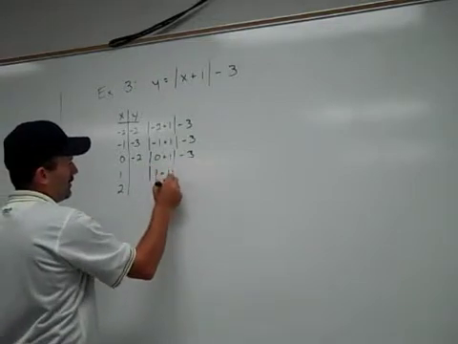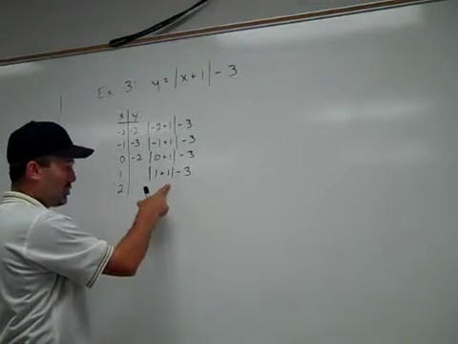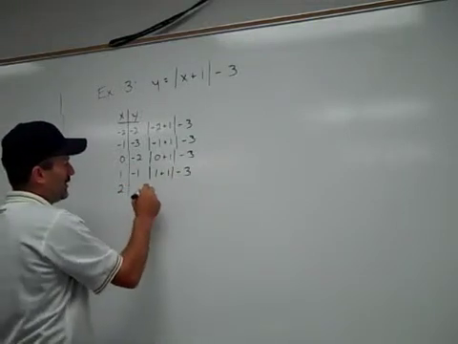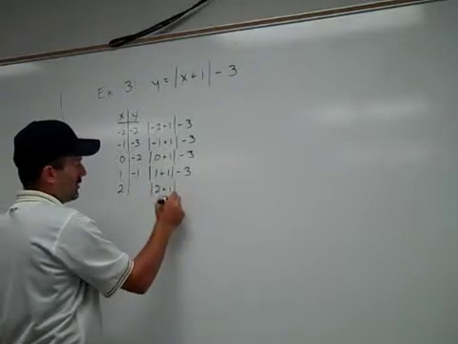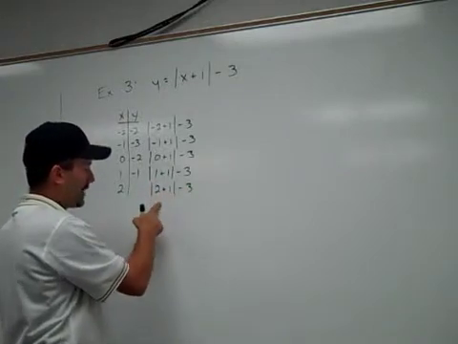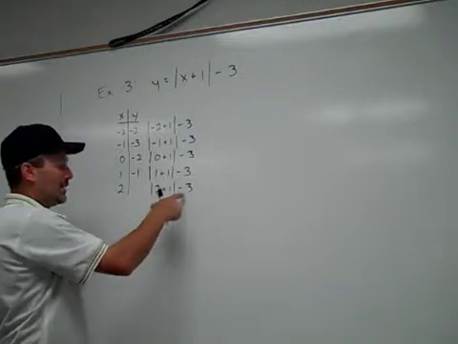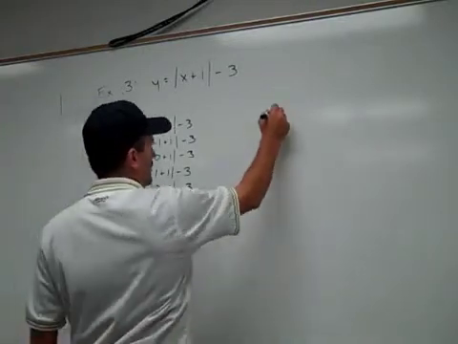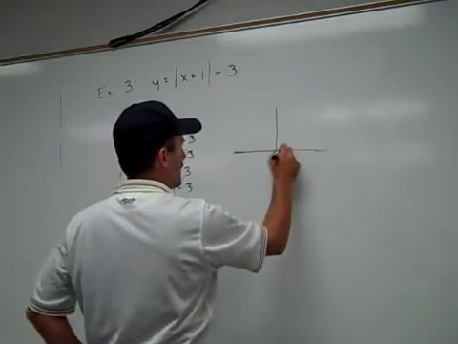When we use the 1, 1 plus 1 is 2. Absolute value of 2 is still 2. Minus 3 gives you negative 1. And then lastly, 2 plus 1 is 3. Absolute value of that is 3. Minus 3 is 0. So we've got these ordered pairs, and what we'll see here is